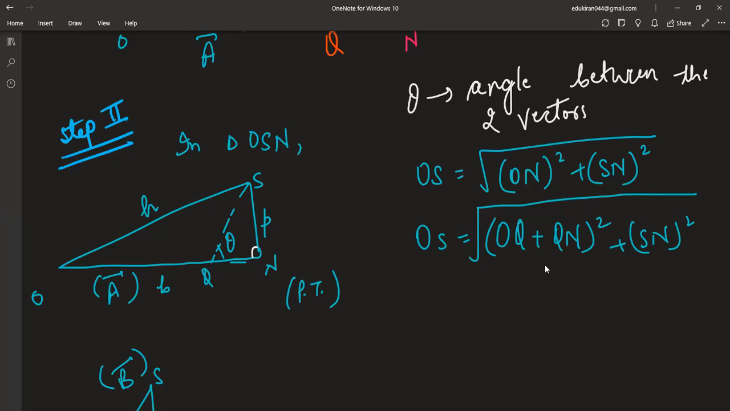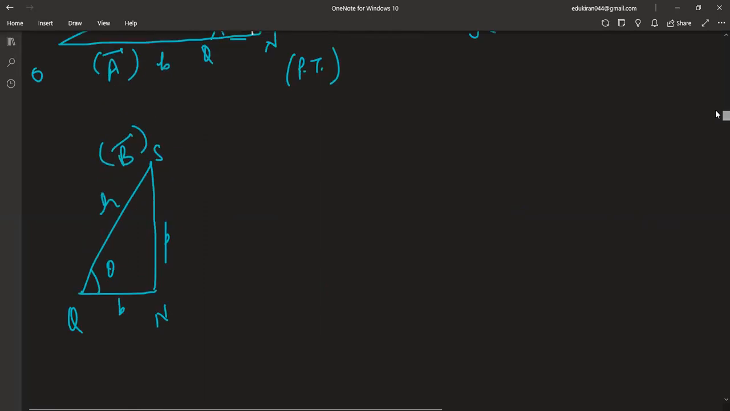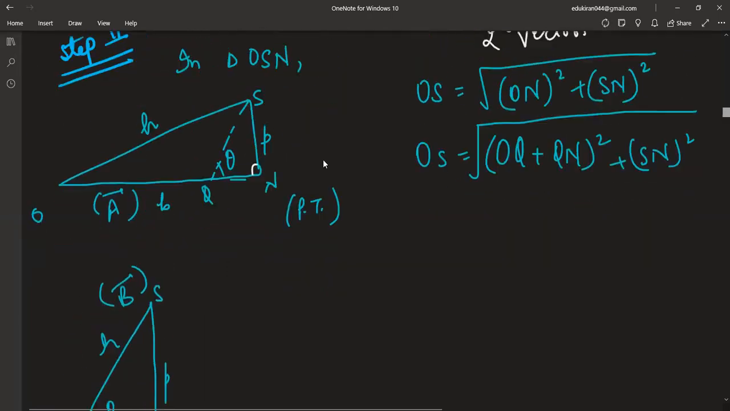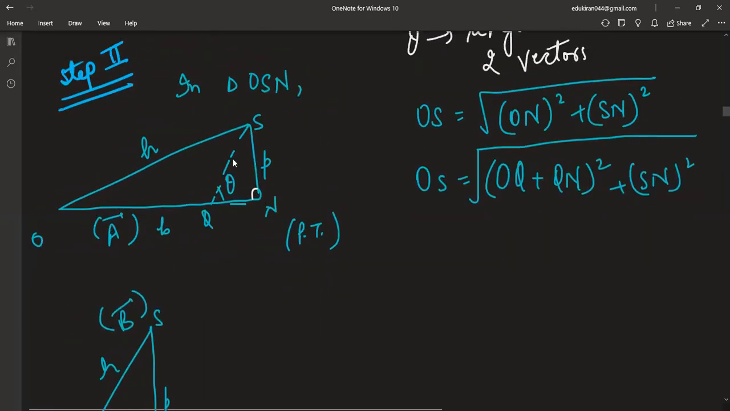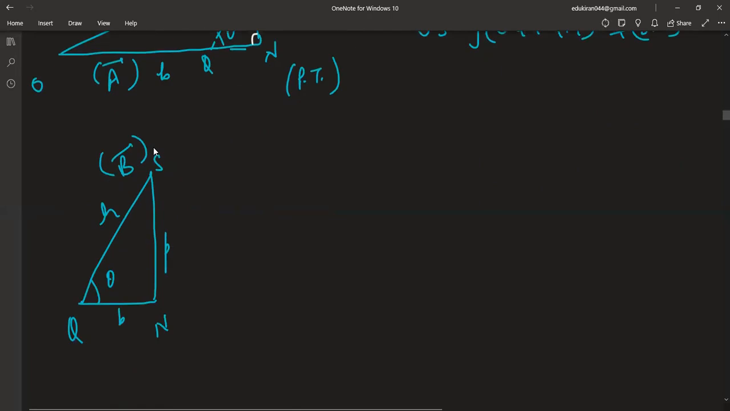We have no idea regarding this QN, SN. So let's do one thing. Let's just take this portion of triangle, QSN. Just this portion. Find triangle QSN. Let me draw this also separately. Yes, this is written over here. Now, in this triangle